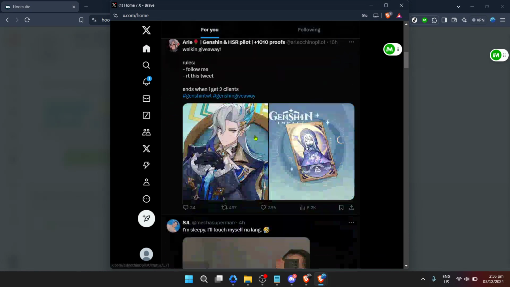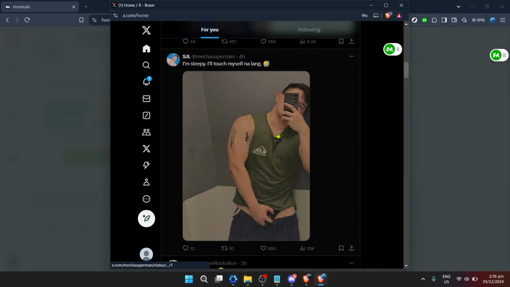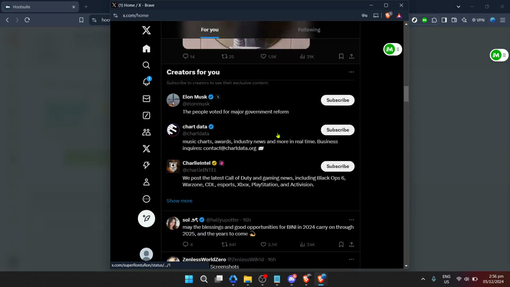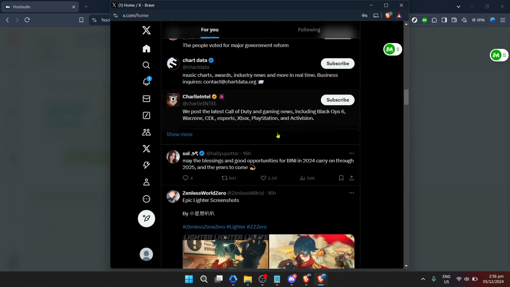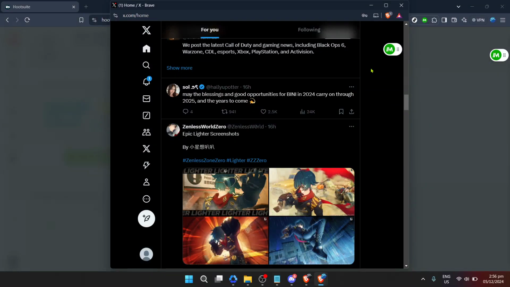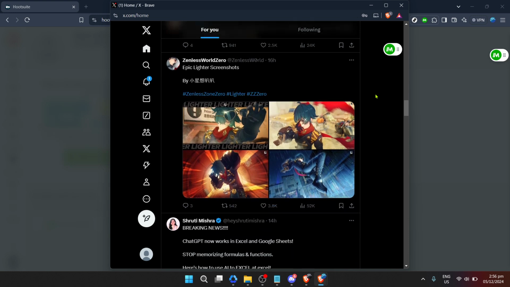This integration marks a significant step in optimizing your social media workflow, allowing you to publish, monitor, and engage with your Twitter audience without having to constantly switch between tabs or platforms. Remember, the key to successful social media management is not just about posting regularly, but also engaging with your audience and analyzing the performance of your content. Hootsuite provides you with the tools to do all of this seamlessly for Twitter and your other social media platforms.